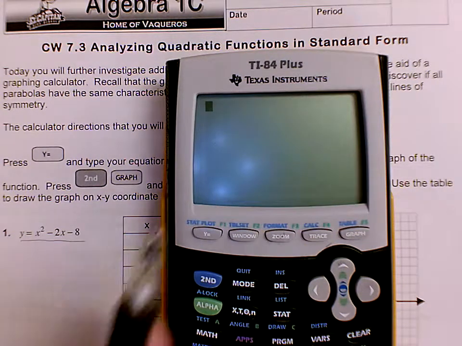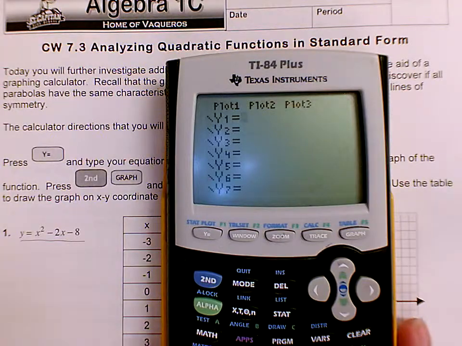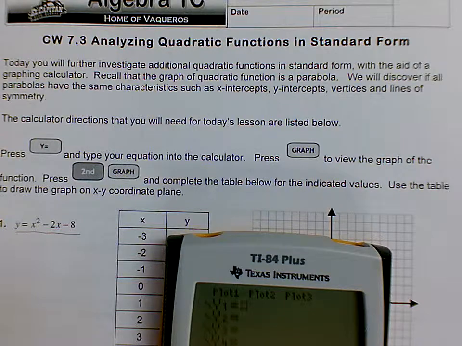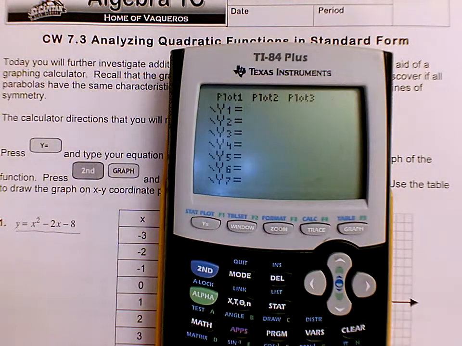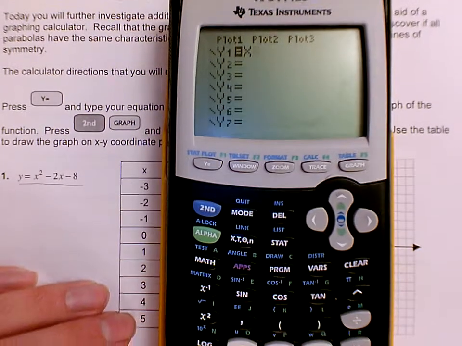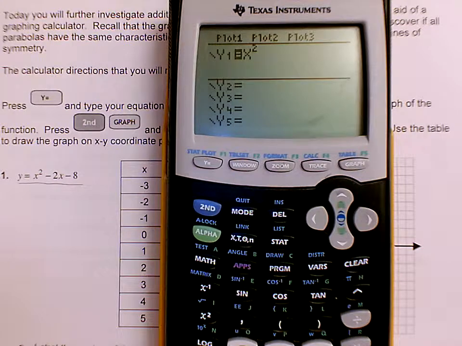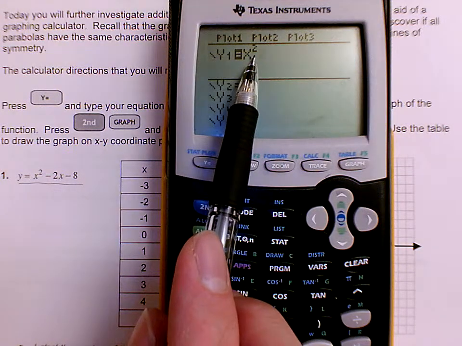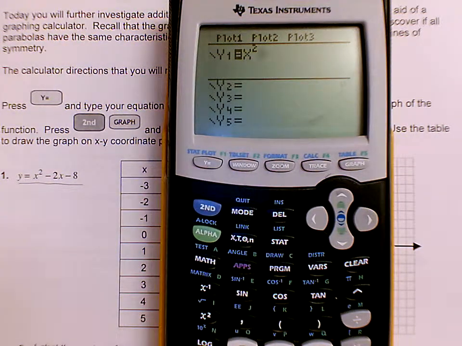So we're going to press y equals. It says press y equals and type your equation into the calculator. So let's type it in. Remember, we hit this button right next to the green one for x. And then we want to hit x squared. So we're going to hit the squared button. Perfect. Also notice we don't have to type in y equals because it's already there for us. So we've got y equals x squared. Then we have to do minus 2x